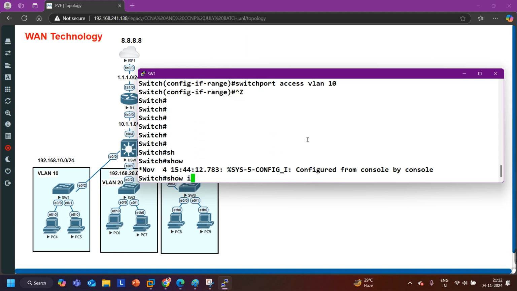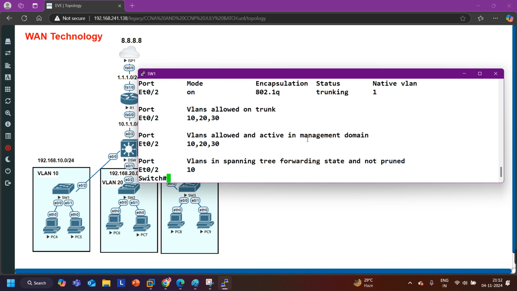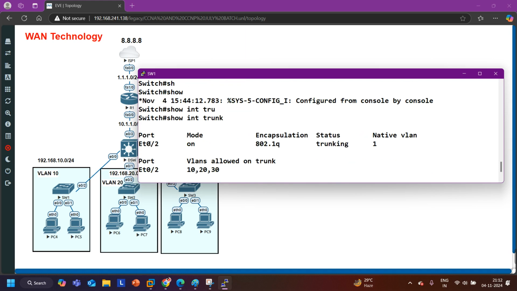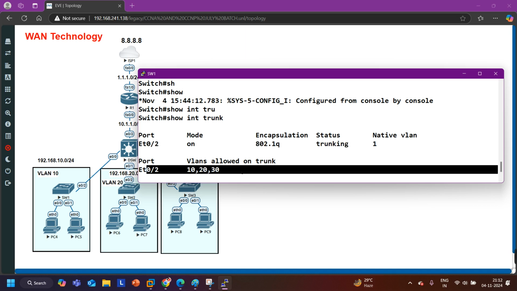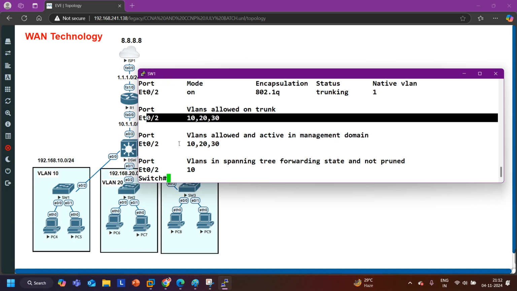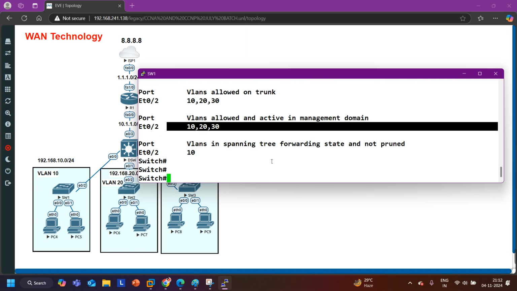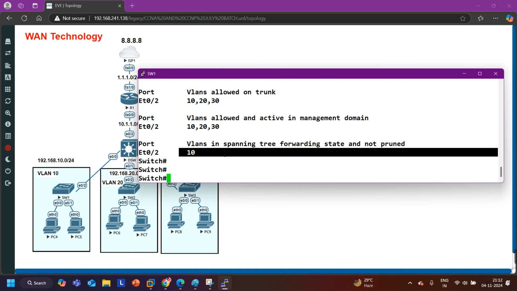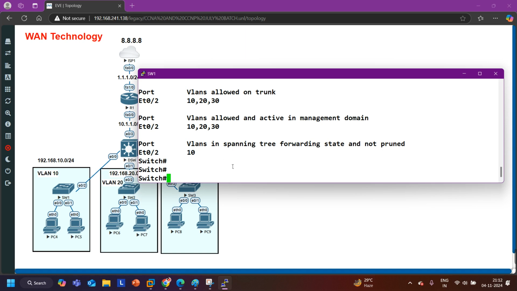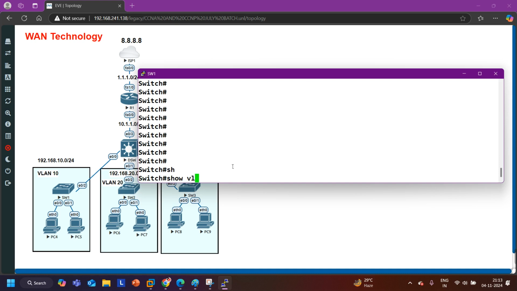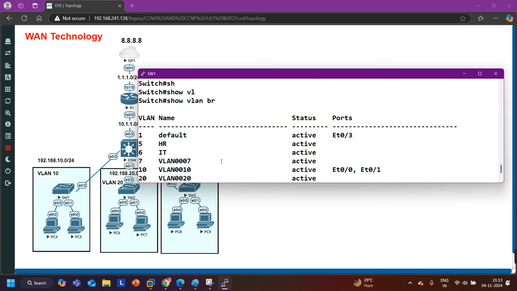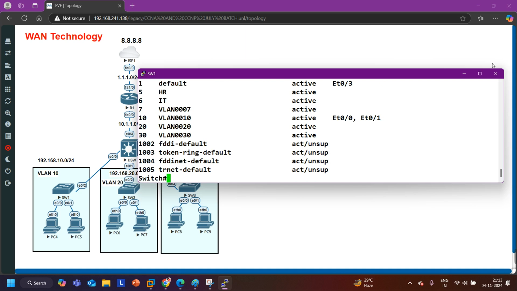Now if you verify here, show interface trunk, you can see 0/2 is configured as trunk and allowed VLANs are 10, 20 and 30, right? So these VLANs are active in the management, but spanning tree is running only for VLAN 10 because we have only interfaces in VLAN 10. Okay, then we can check show VLAN brief also. So here is the VLAN database. Now let me take you to